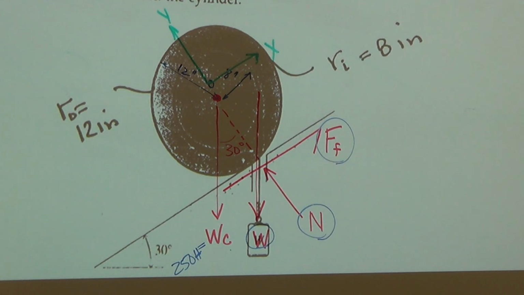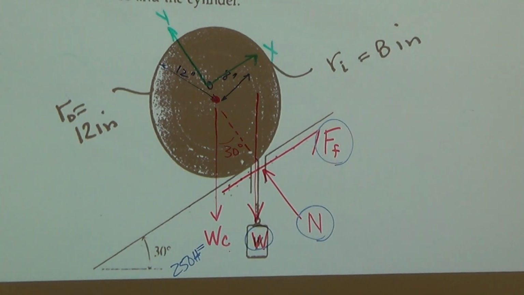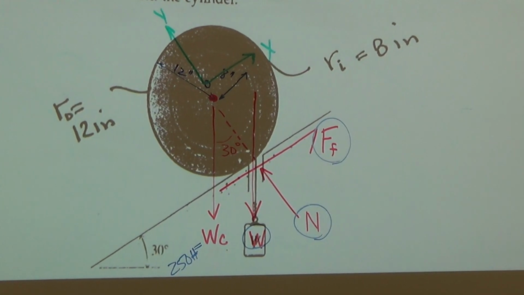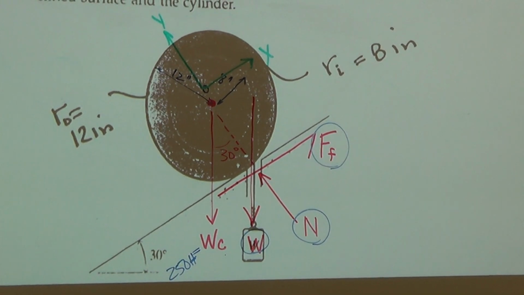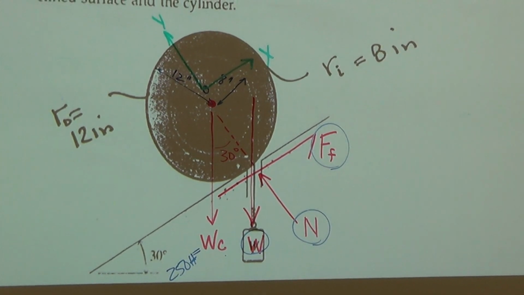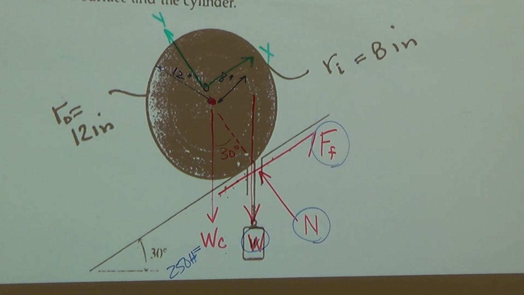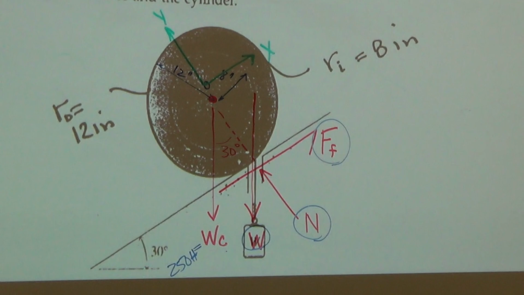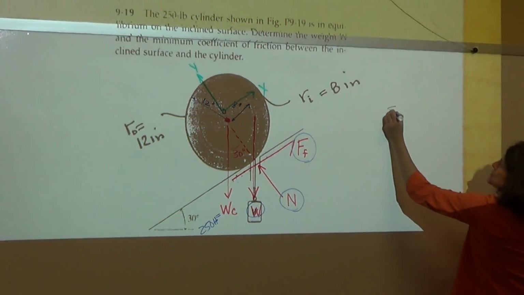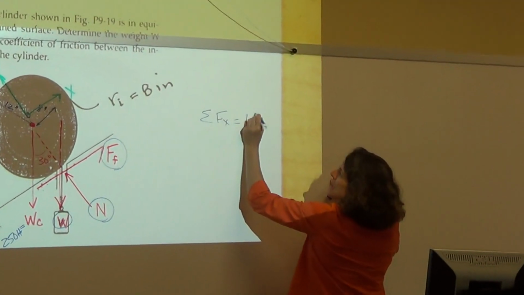Okay, how about sum of the moments? Where could I do sum of the moments? Could I drop out something? It would still be 2 unknowns, right? If we do sum of the moments about the center, which ones drop out? WC and the normal. So we still have 2 unknowns. So all the equations have 2 unknowns, so let's just do them. So sum of the forces in the x equals FF